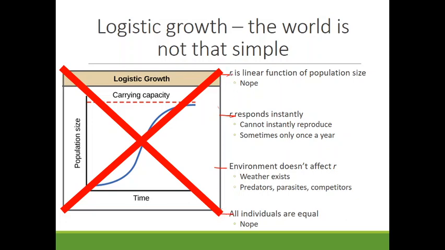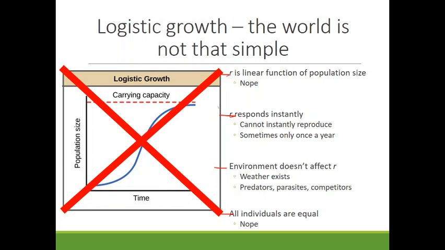And we know right away that r is not a linear function of population size. r cannot respond instantly, right? This model assumes that this is very smooth and happening continuously, but animals don't work that way. Organisms, I shouldn't say animals, plants, fungus, bacteria, whatever,